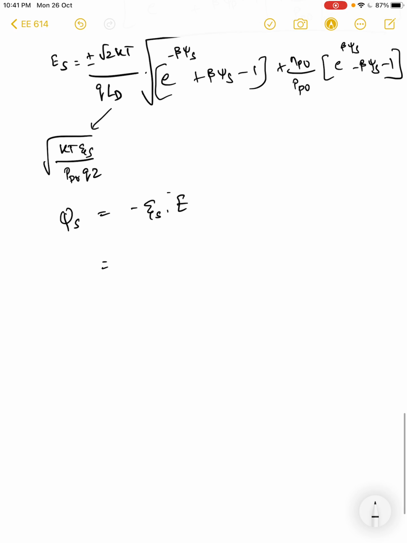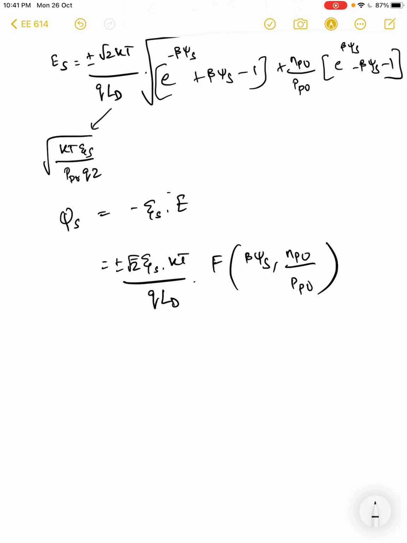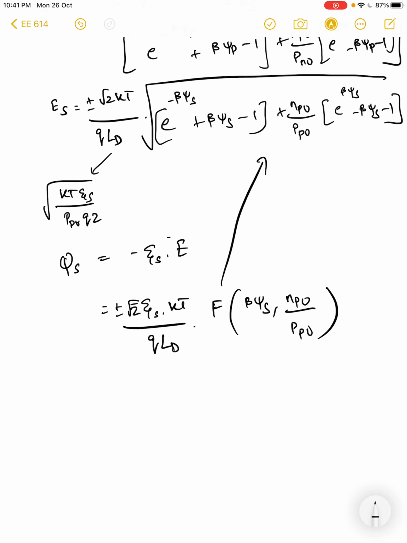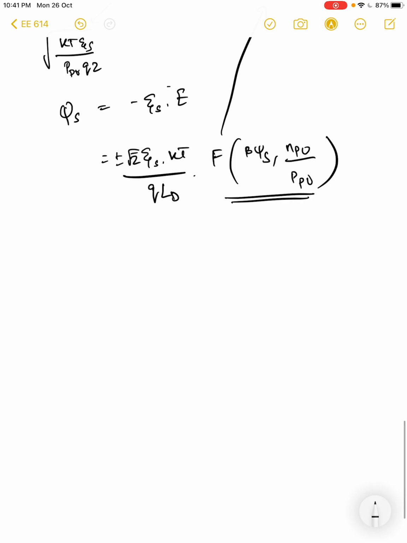I will get Qs to be minus epsilon, plus or minus root 2 epsilon s kT by q L_D, some function of beta psi s, n_p0 by p_p0, and this F is basically this guy in the square root. Okay, now this term, this function F, plays an important role in determining the interface charge. So I'm going to plot